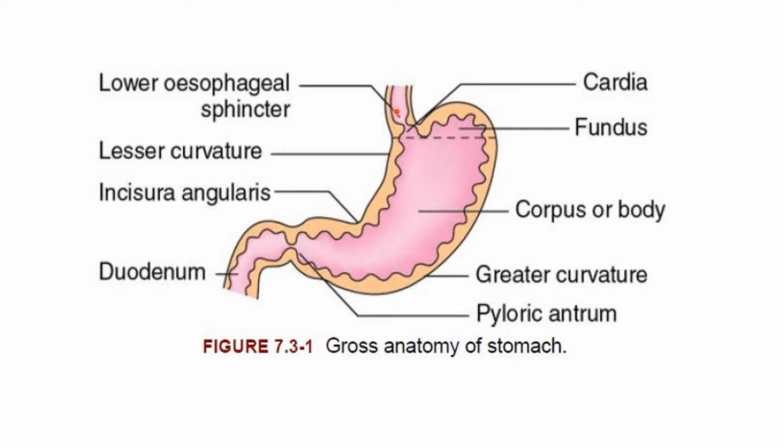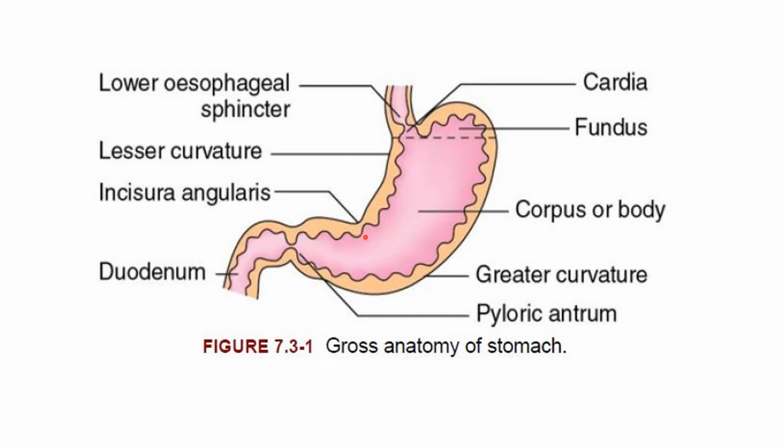So here you can see the lower esophageal sphincter. The esophagus is ending at the level of lower esophageal sphincter, and from there the first part of the stomach arises, that is known as the cardia. Now this dome shaped part just adjacent to cardia is known as the fundus. Now this entire part, the largest area of the stomach, is known as the body or the